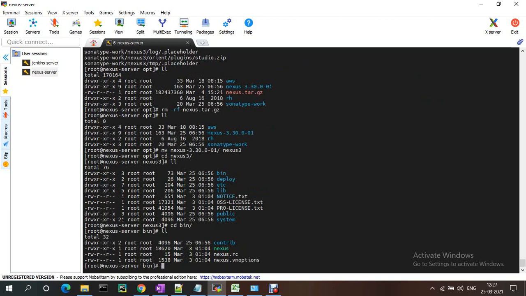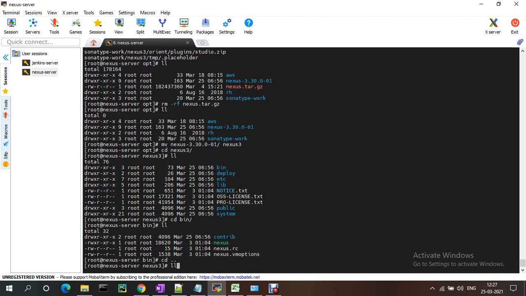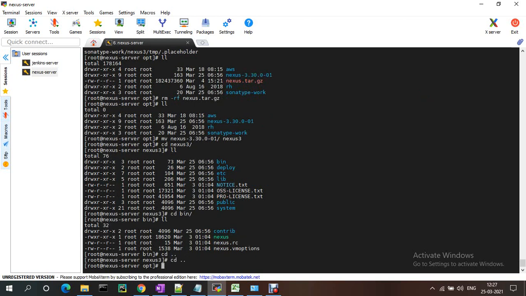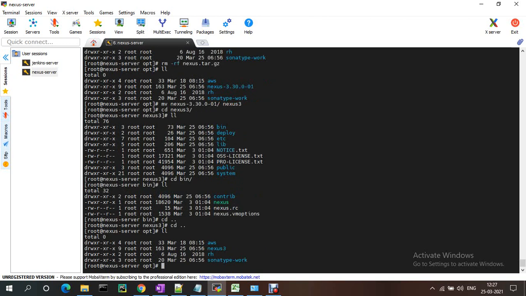Before that we need to change the ownership of Nexus and the Sonatype Nexus work directory, both, because we don't need to run these as the root user.